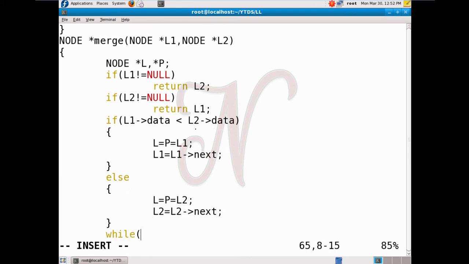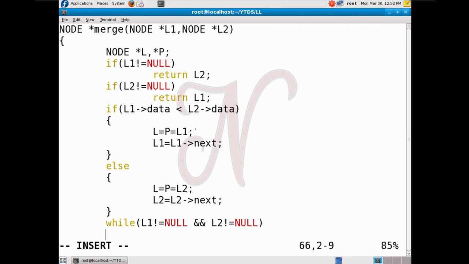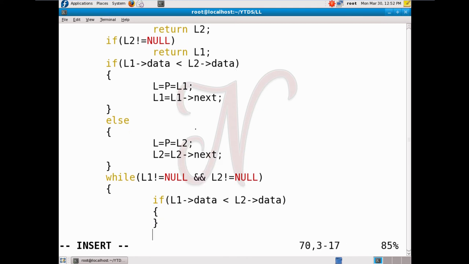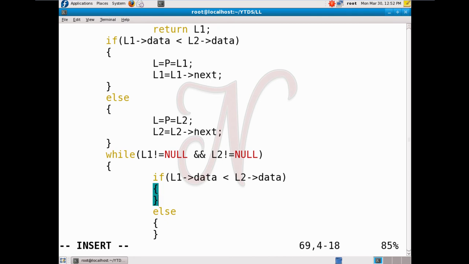Here we use a while loop: while L1 is not equal to null and L2 is not equal to null. Then use one if condition: if L1 of data is less than L2 of data, then P of next is assigned to L1, and L1 equal to L1 of next.